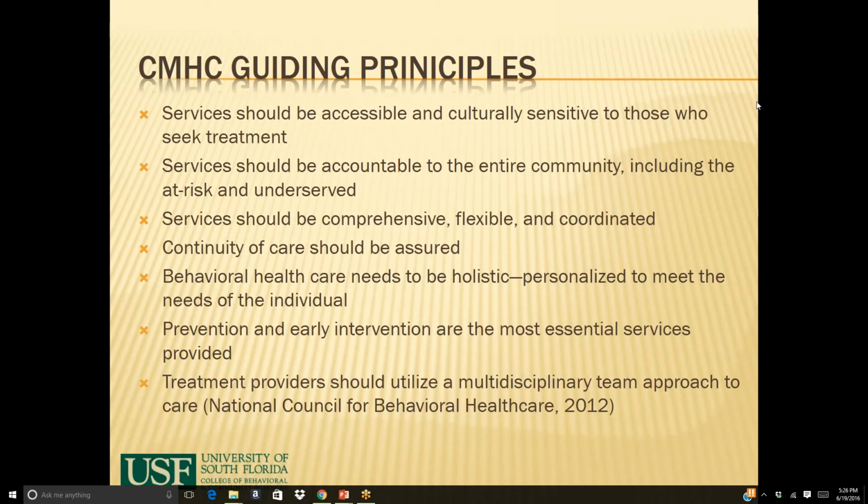The services shouldn't just be medication maintenance, for example. They should be comprehensive, flexible, and coordinated. People should have comprehensive treatment plans, meaning that they get a wide range of services depending on their needs. Not just medication, but maybe also they need therapy. Maybe they need group therapy or peer support or recovery groups. Maybe they need vocational services. Maybe they need to be connected to primary care treatment because of co-occurring medical disorders that aren't mental disorders. And we should ensure continuity of care as people transition from one level of care to another. Healthcare needs are holistic. We look at the entire person and not just one aspect of their functioning.